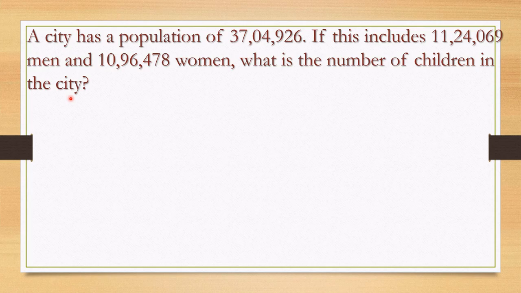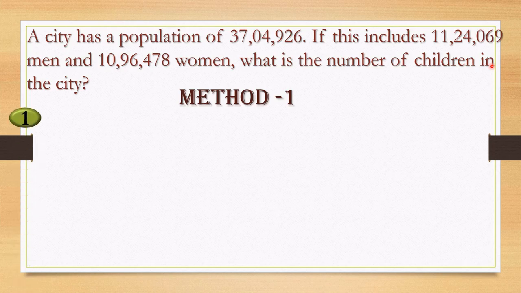You know that population means men, women and children. Correct? They together make the population, isn't it? Now the total population is given and the number of men is also given, the number of women also given. Only we have to find out the number of children in that city. Okay, dear children, there are two methods and we can use any of the two methods to solve this problem. Whichever you find easy, you can follow that. Here first we will go through method 1.